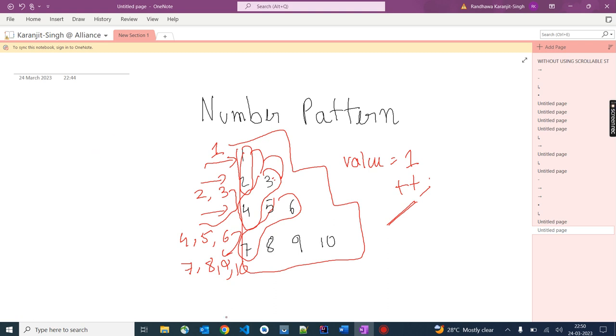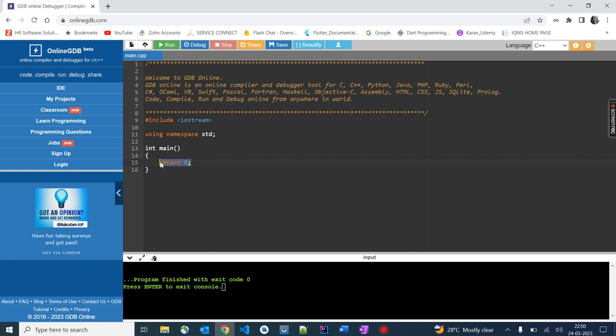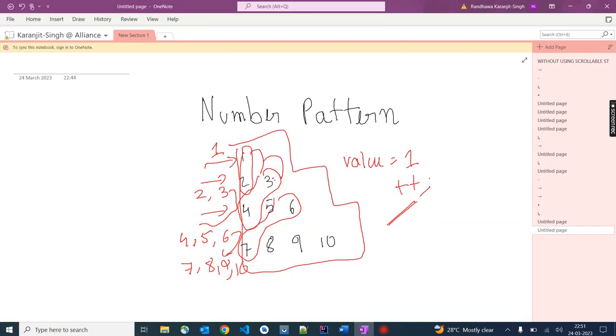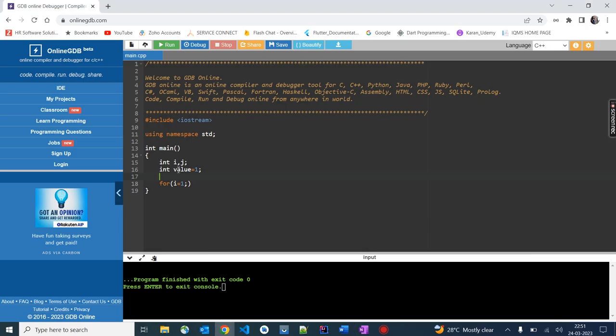So let's code it. So as always, I will be taking two variables, int i, j, i for the outer loop, j for the inner loop, and one extra variable that will iterate over the rows, that is value. It will be initialized by 1 as we discussed. So let us iterate the outer loop from 1, and also we want to take the number of rows. See, in the example how many rows I have taken? 1 2 3 4, right? So we will be taking user input row,